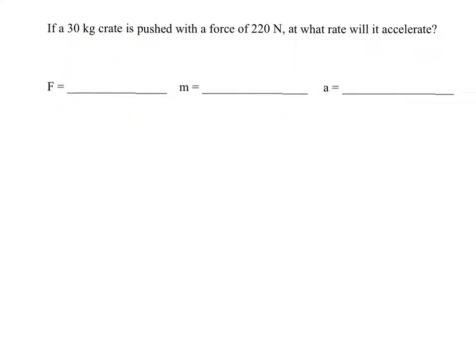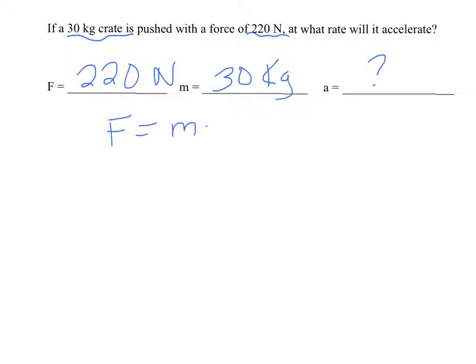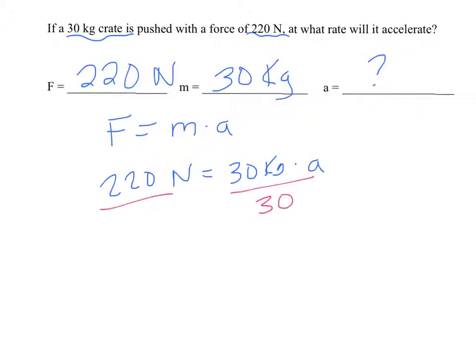Here's a similar problem. Again, we're going to figure out what we know. A 30 kilogram crate, that is the mass of the crate. And we're using a force of 220 newtons. We just do not know the acceleration. So if we say, okay, F equals m times a, we can plug in 220. We can plug in 30. And we're just solving for a, so the best way to do that, we're going to divide each side by 30. So then we're going to get that a equals 220 divided by 30,